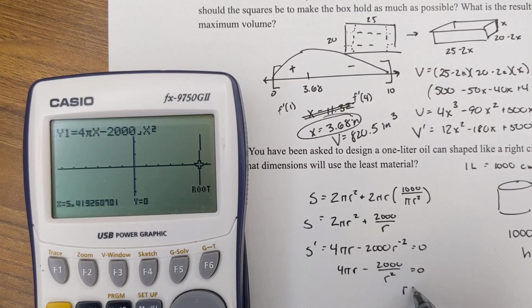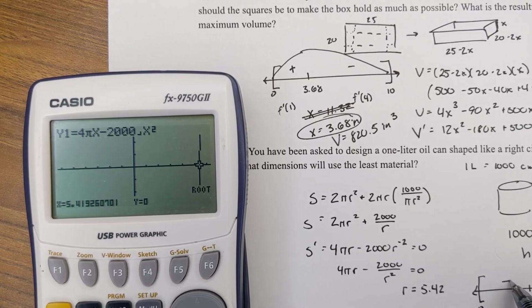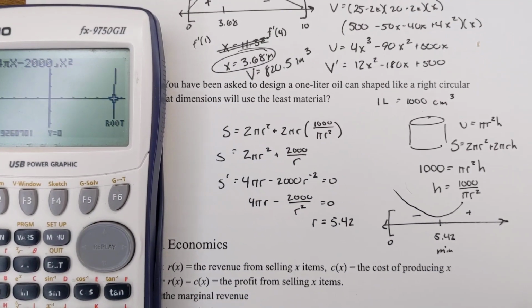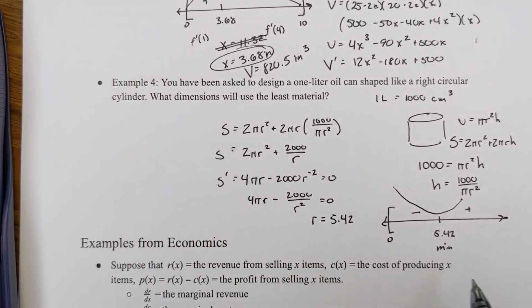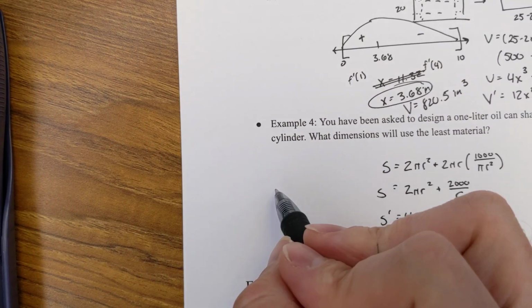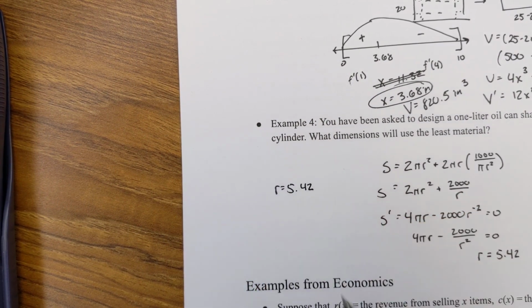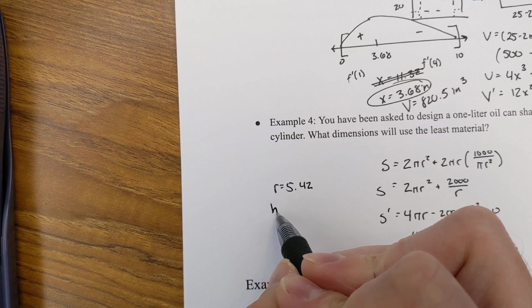So r is equal to 5.42. And if you look on your number line, once again, your radius has to be more than 0. 5.42 would go here. Now, if you look at the graph, I can tell it goes negative to positive, which means this graph is falling, then rising, which means this value right here is a minimum. So using a radius of 5.42 will give me a minimum, which means that the height I still need